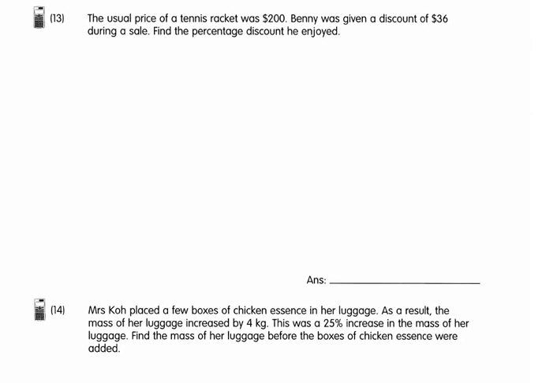Okay, the usual price of a tennis racket was $200. Benny was given a discount of $36 during a sale. Find the percentage discount he enjoyed. So you know the discount in terms of value is $36, am I right or wrong? So I want to know this $36 as a percentage. So very simple again. I just need to use 36 over the usual price, right? Multiply by